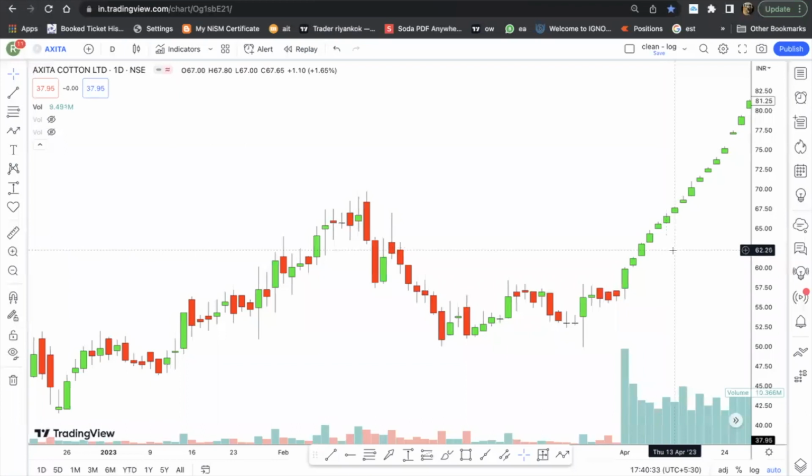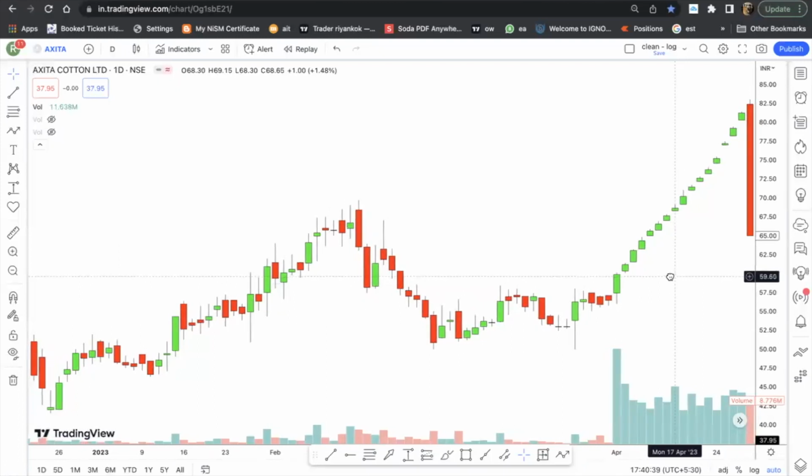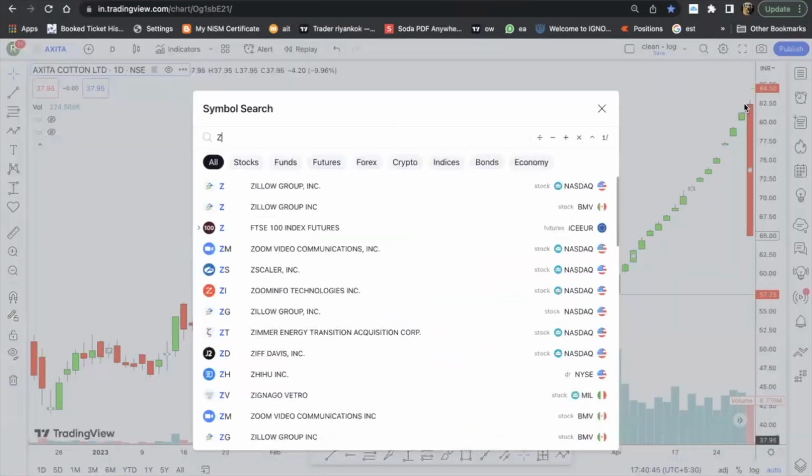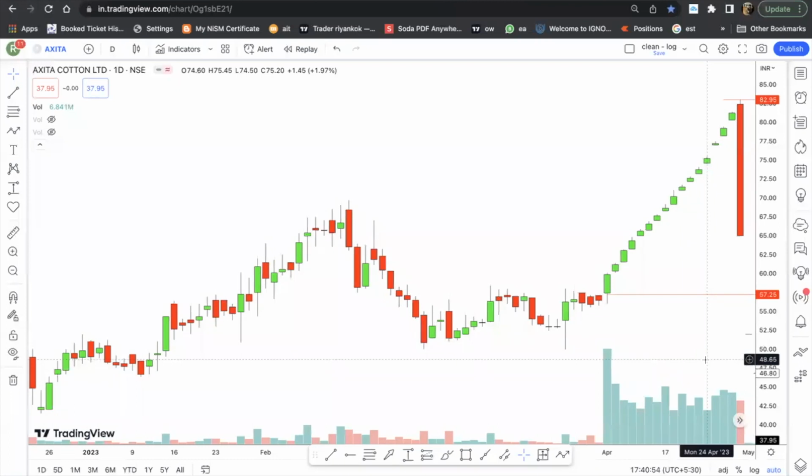ठीक है. और वो elevator कब बनता है किसी को भी नहीं पता है. No one knows. And once that happens, 20% lower circuit. Okay. So how much did the stock go? Let's see. From here, 57, the stock went till 82. Okay. 57 वाला stock 82 तक गया. और elevator ने क्या किया? एक 20% का lower circuit लगाया. एक और 20% का lower circuit लगाया.